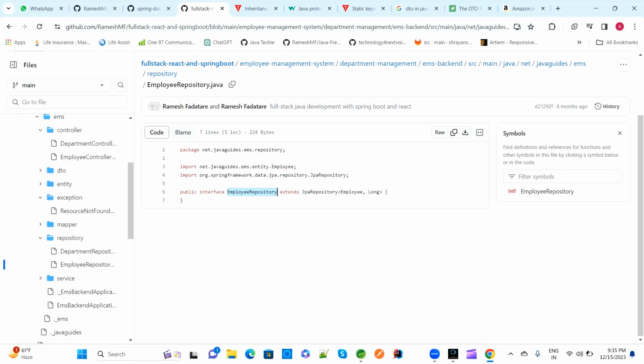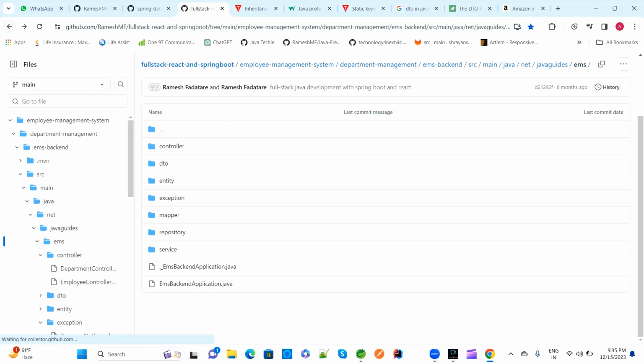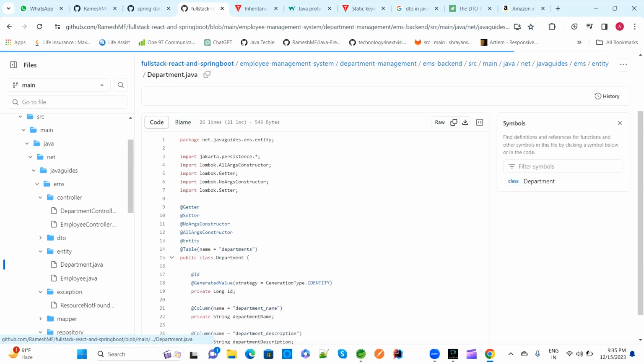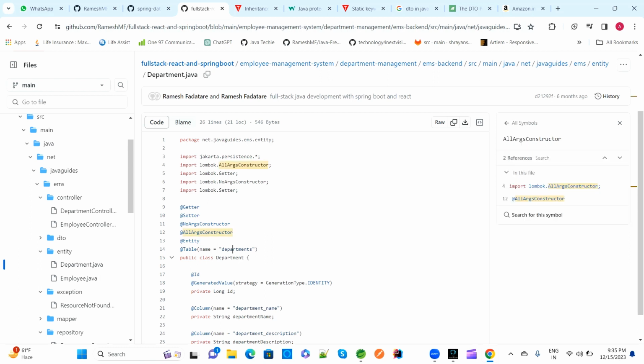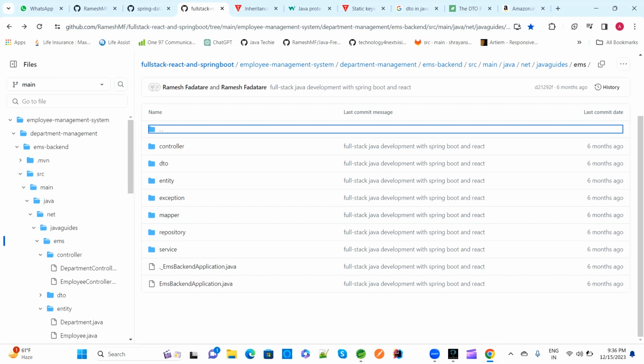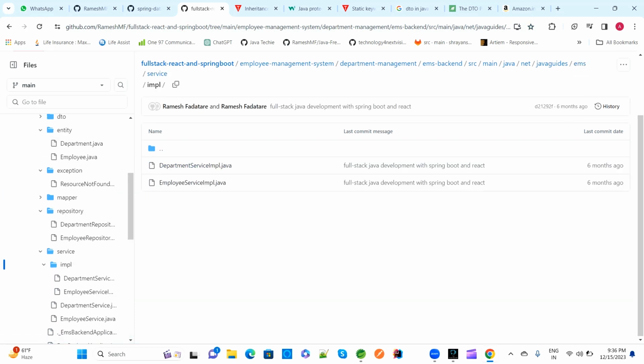JPA repository has some default methods which we are calling here internally. This is the entity which is used in the database. So this class name, and if you go to the service implementation, this implementation should have a,